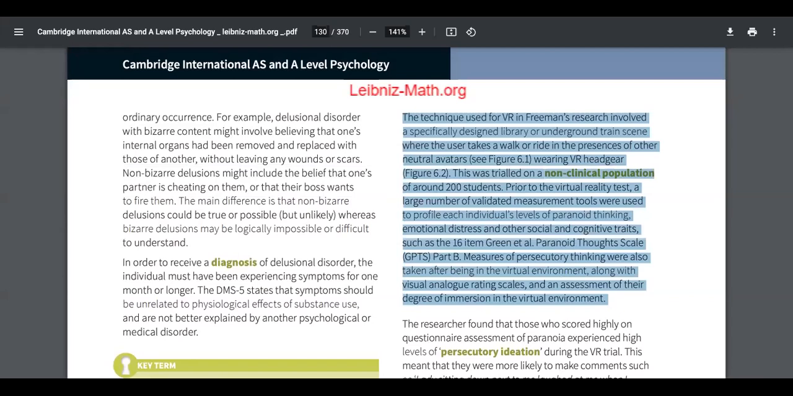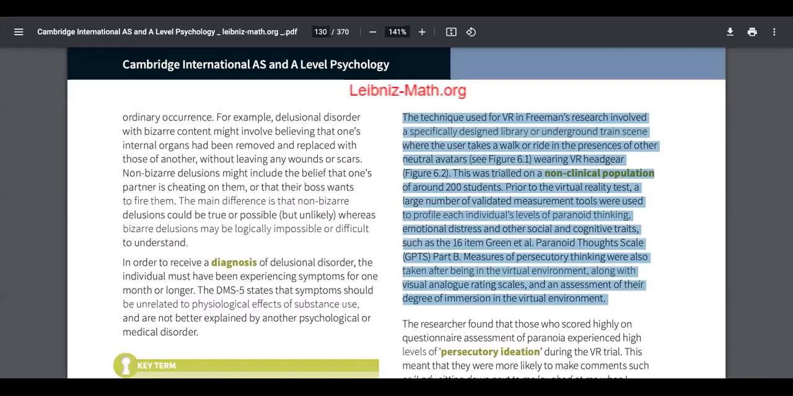Okay, so this part over here, till this full stop, they're explaining what was taken before. So they took validated measurement tools that were used to profile each individual's levels of paranoid thinking. They took levels of emotional distress and another social and cognitive scale. And under these social and cognitive traits came this one scale that they've mentioned, which was called the 16-item green paranoid thought scale. So all of these measures were taken from the 200 people that were going into this